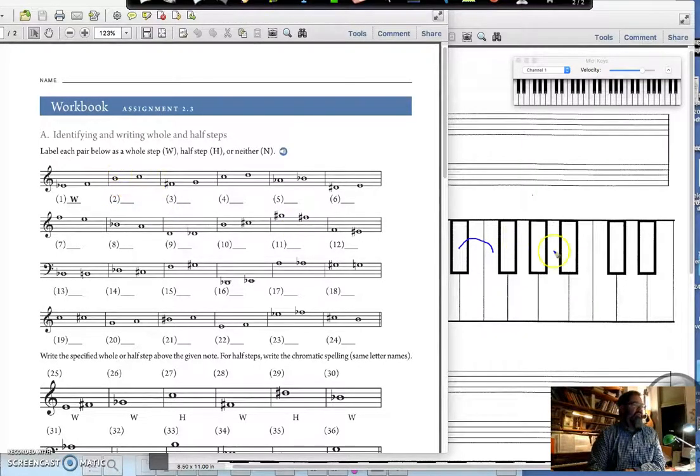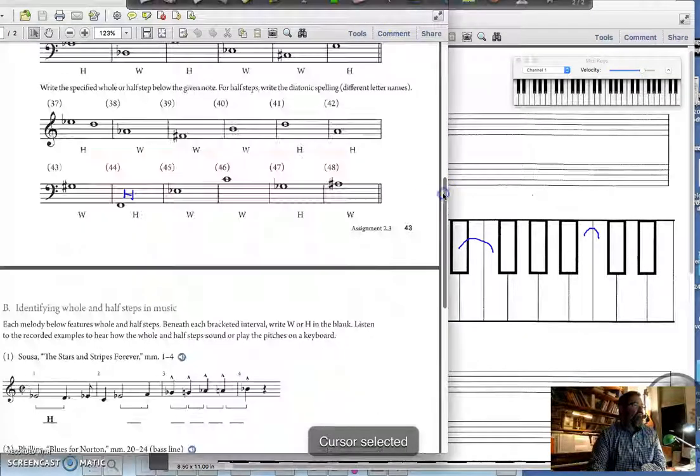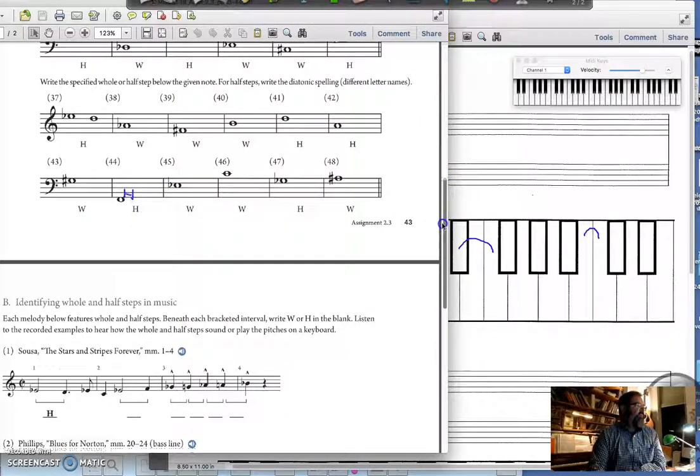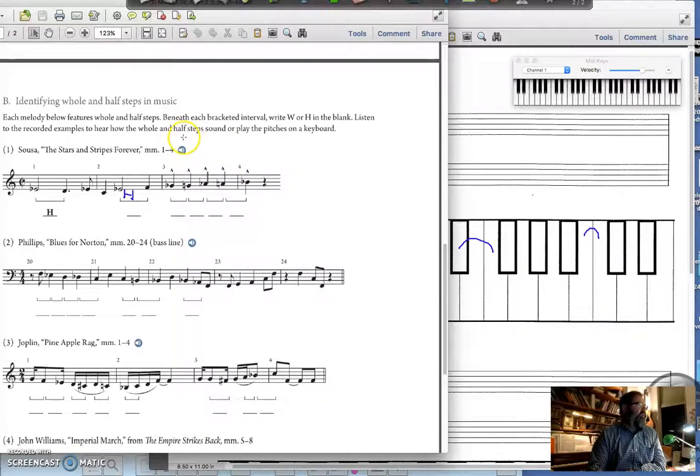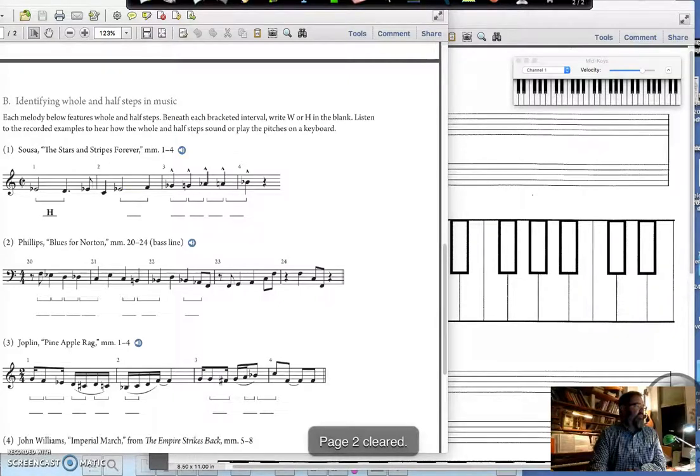We have here B to C, so that'd be that. How many half steps is it? It's just 1, so you write a half. If it were 2, you'd write a W. If it were some other number, you'd write neither. Moving right along to the bottom of this page, you can see that you're identifying whole and half steps in the melody, and the little John Philip Sousa. We have